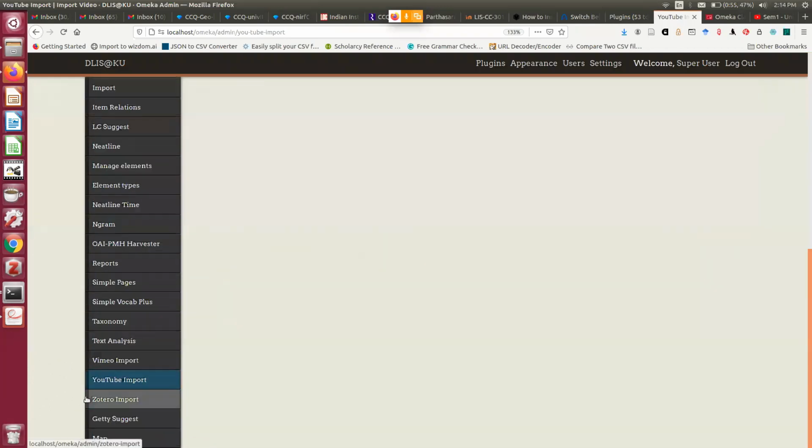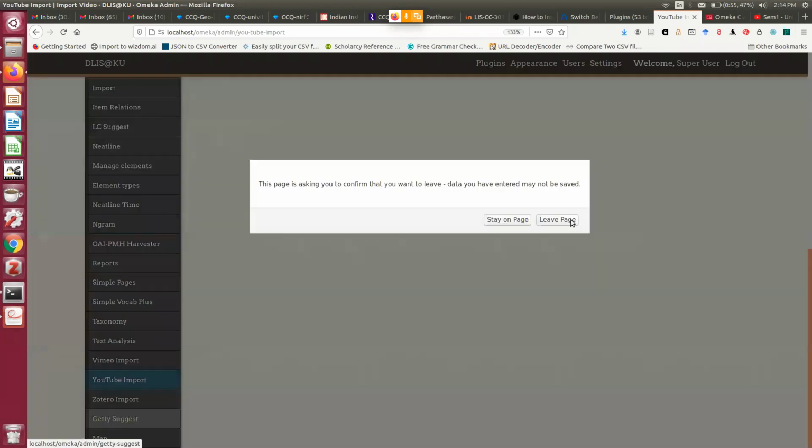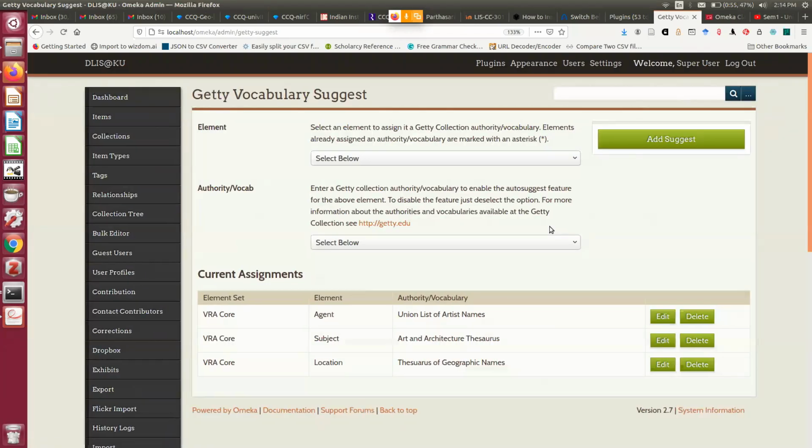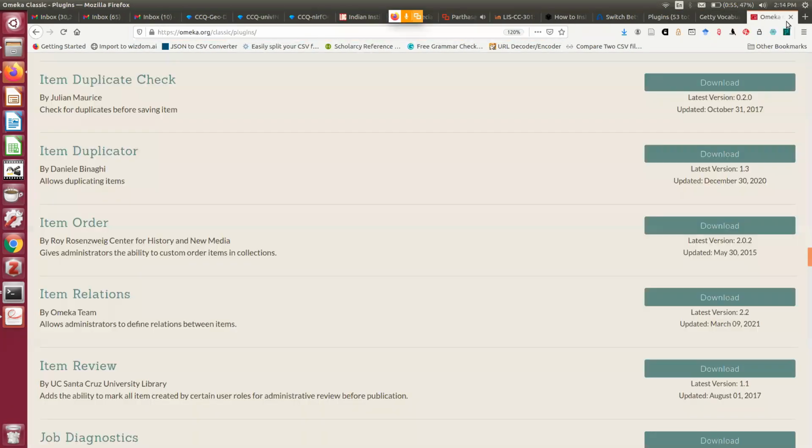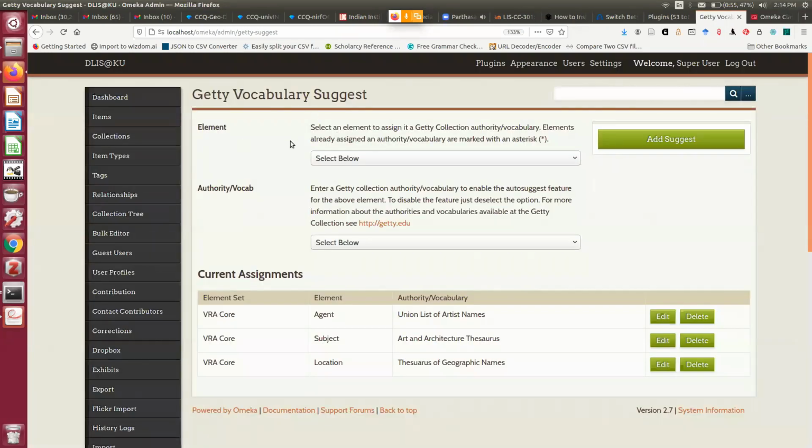Then many other interesting things are there, like Getty Suggest. I don't know whether it is still working. So in the Getty Suggest also you can select. I have selected hello, virtually. Is it audible? Yes sir, it is audible. Actually, this is now okay. So in Getty Suggest you can see, but I don't understand. They have withdrawn this one.